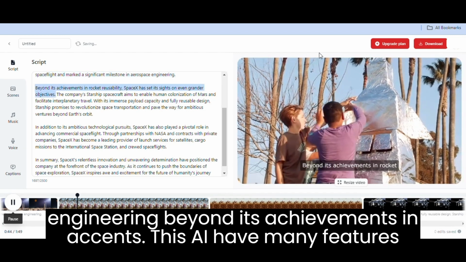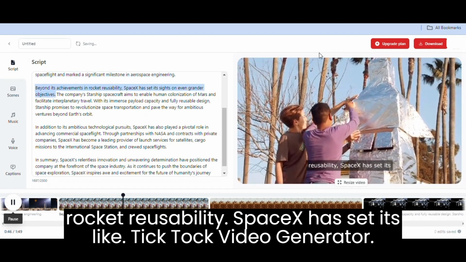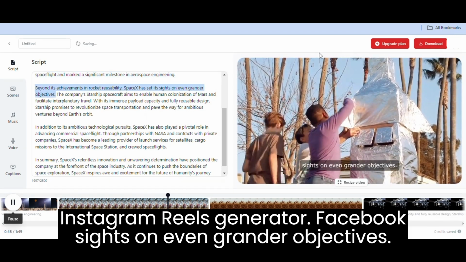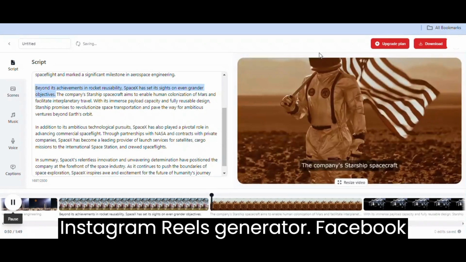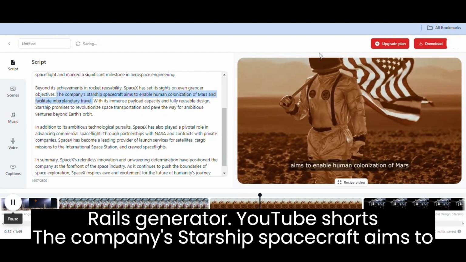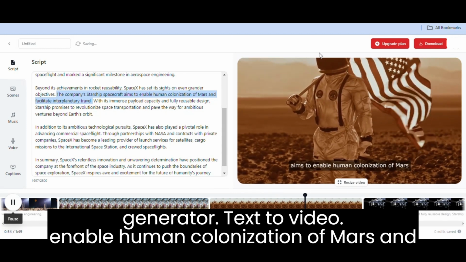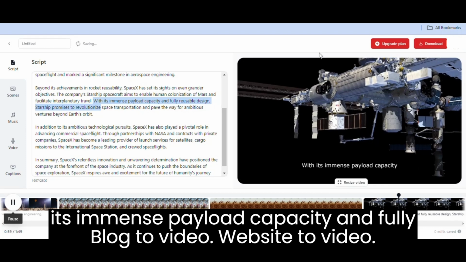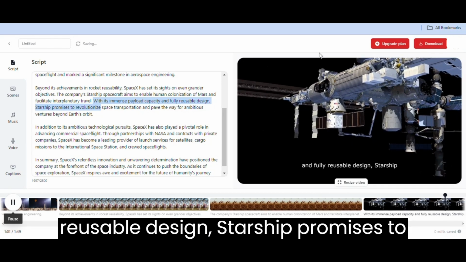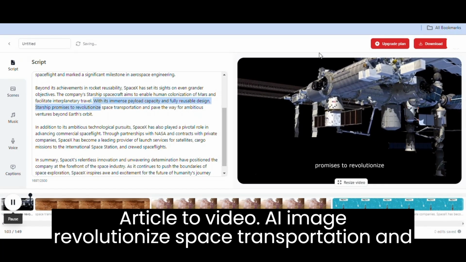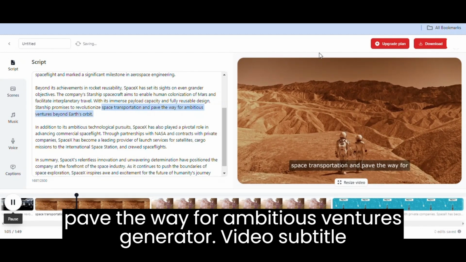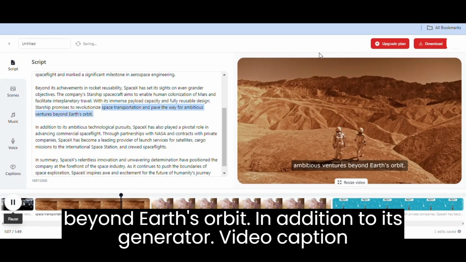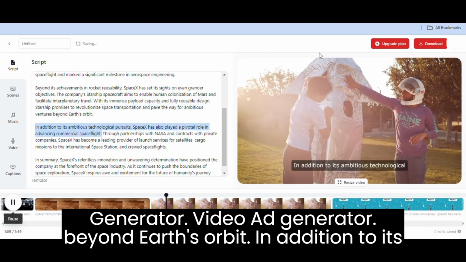This AI has many features like TikTok video generator, Instagram Reels generator, Facebook Reels generator, YouTube Shorts generator, text to video, blog to video, website to video, article to video, AI image generator, video subtitle generator, video caption generator, video